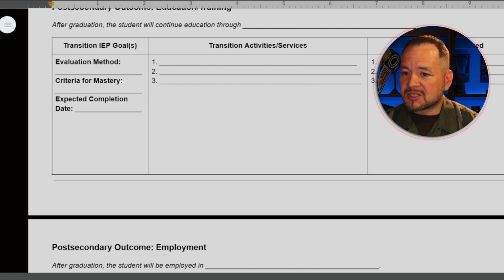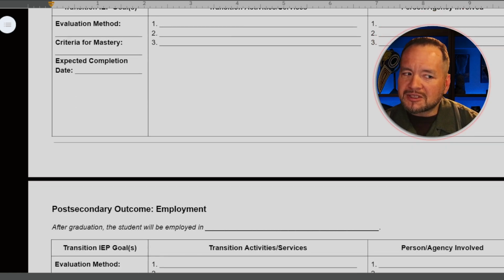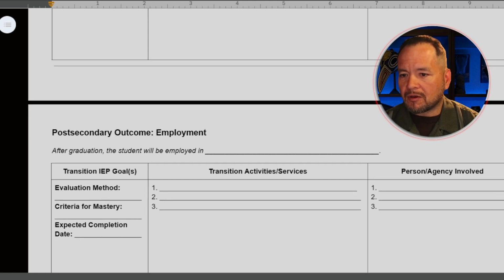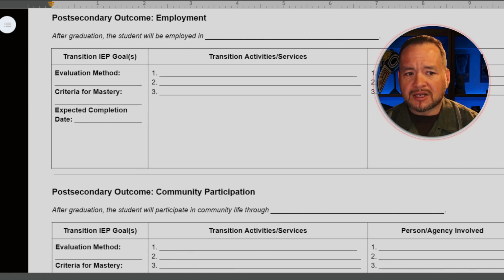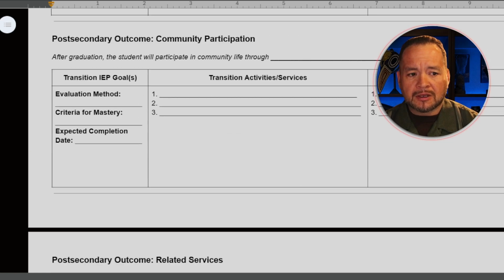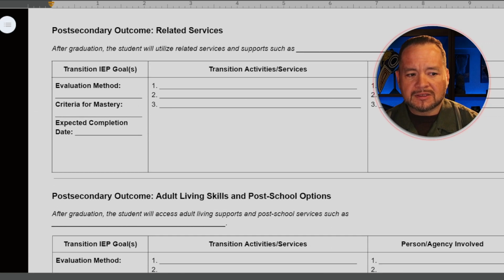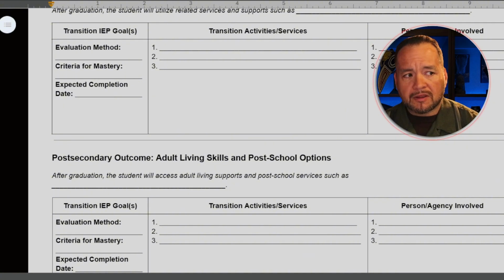So you should have an expectation that you impose upon the school that you are involved in some way, and how can they get you involved. It will be a bit of a challenge for them to understand how they can get you involved, but you want to be involved. And then even in some of these sections, like whenever we're talking about the related services or the post-school options, that's where you should have voc rehab involved early on. And it might even just be that they're on there to meet with your son or daughter for the pre-employment training. But the thing is, they should be on there.